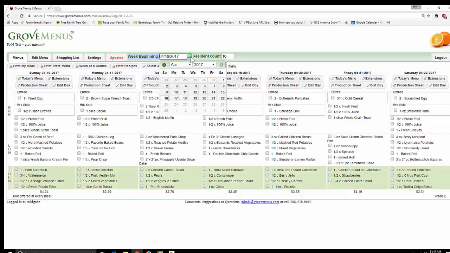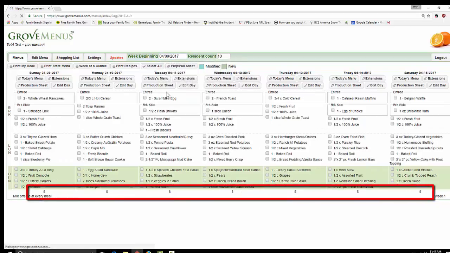Now, at the bottom of every day, you're going to see a dollar amount. And what that is, is the price per resident per day on a national average. Now, you're going to source your food wherever you're comfortable doing so. But this just gives you a ballpark idea. It's a national average. And as you change your menu, that pricing will change with you,